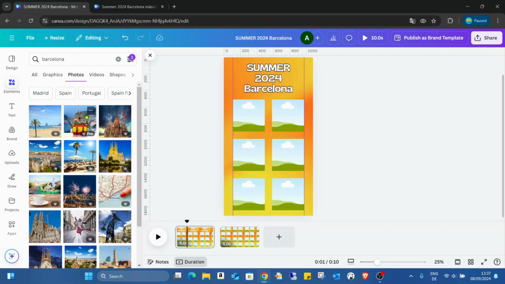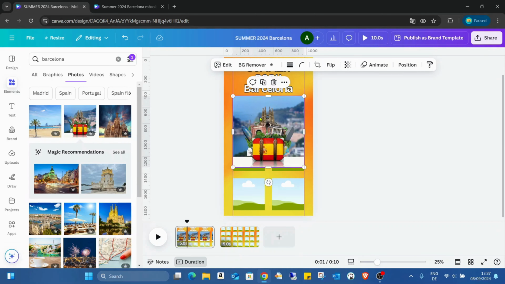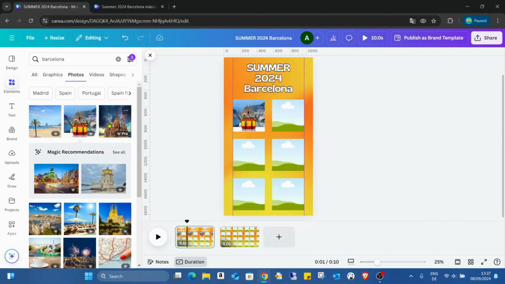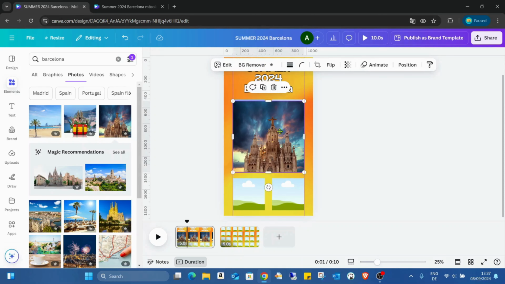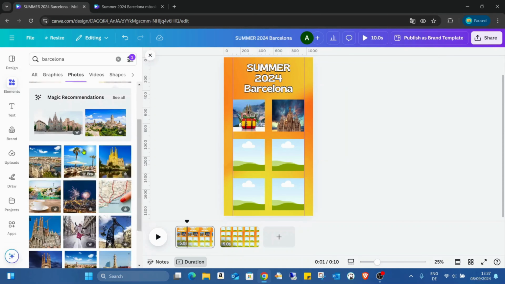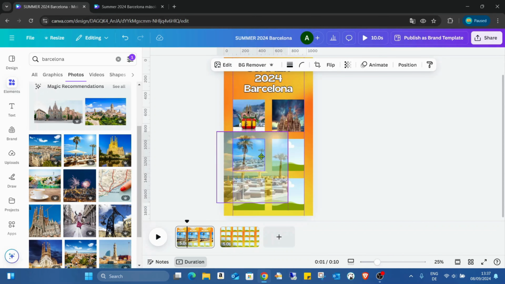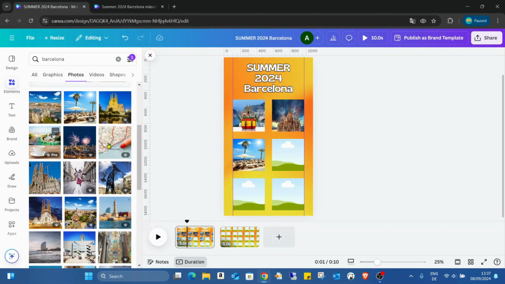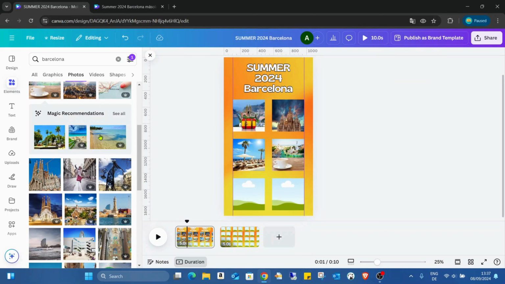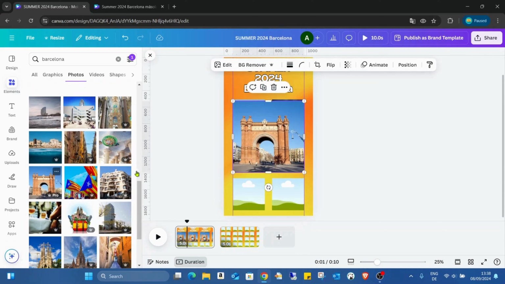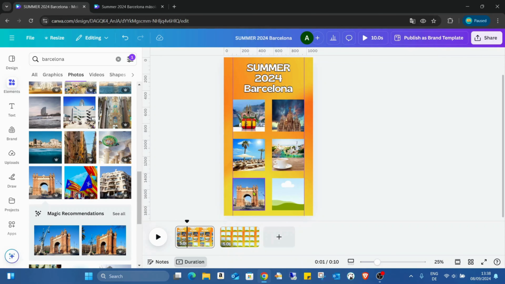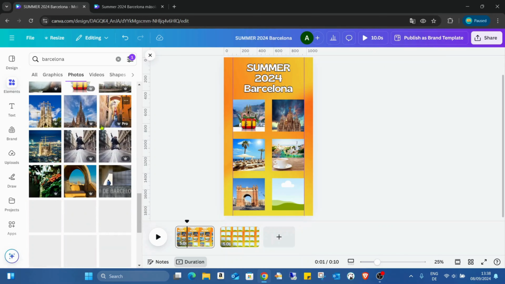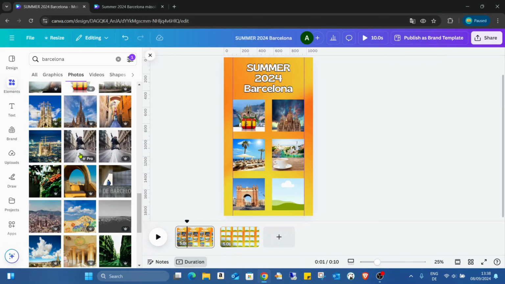I just need the square photos. Just inserting my photos to the frames